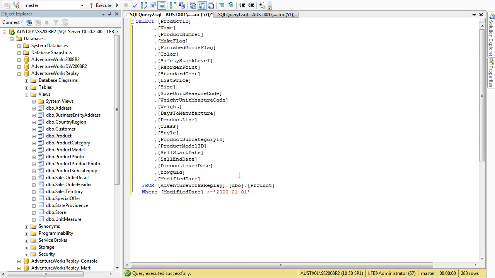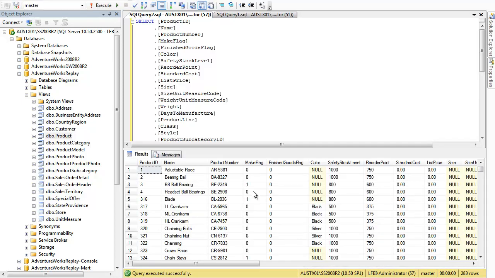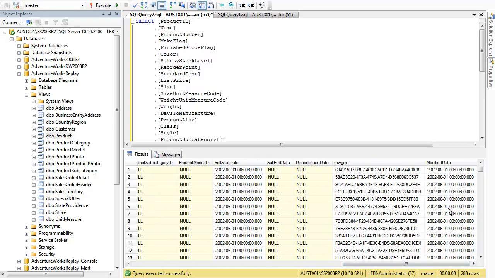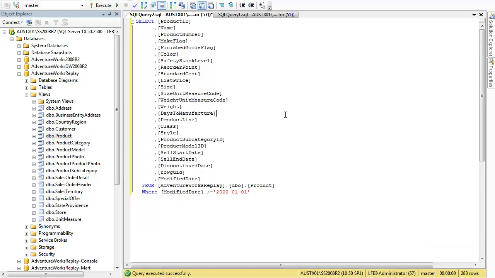But one thing I also want to do is make sure that during future loads I don't have to continually pull in all products that are in this table. So I'm going to put in a filter here that allows me to define which records I'm going to be including. So I'm going to say modified date is greater than a certain date. When I do that, of course I'm going to get only the records that have a modified date that's greater than 2000 January 1 in this case. Alright, so I'm going to copy this,